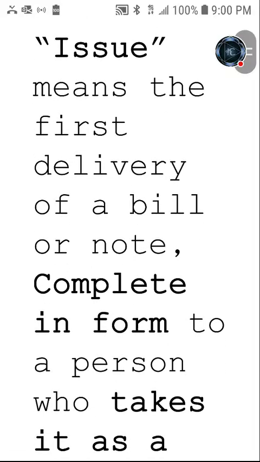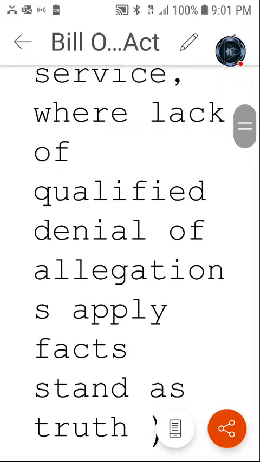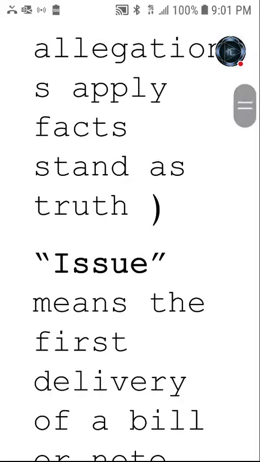So after you done sent your documents in the mail, they don't rebut it. You send another confirmation. Did you get the first notice? And they said there was no sufficient denial. Wasn't a qualified denial, where a lack of a qualified denial. See, when you don't do things, and this is involving service, you don't deny the allegations,